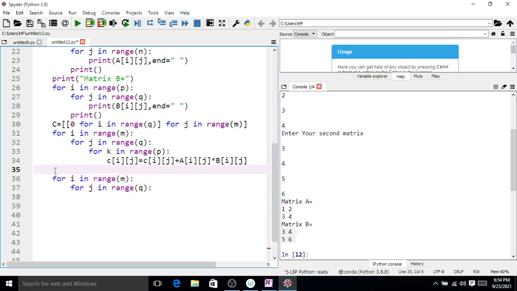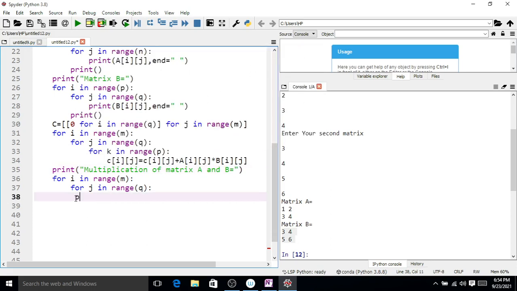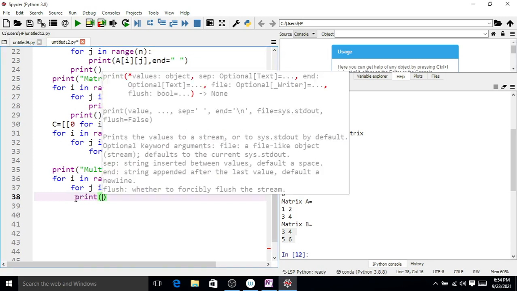Here we can display a message: print multiplication of matrix A and B is equal to, print Cij.